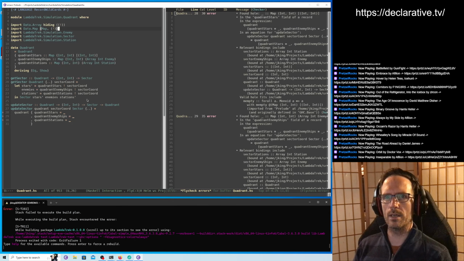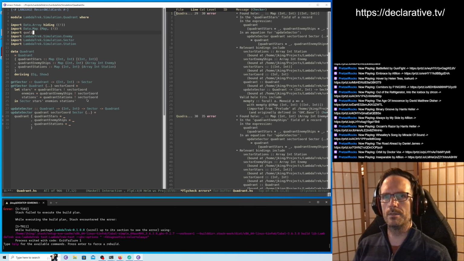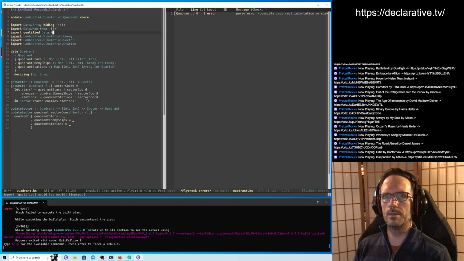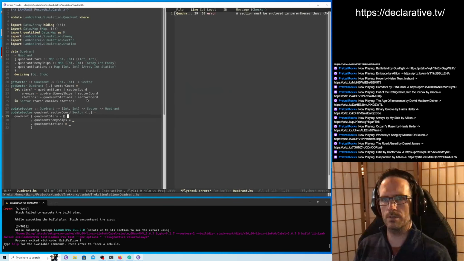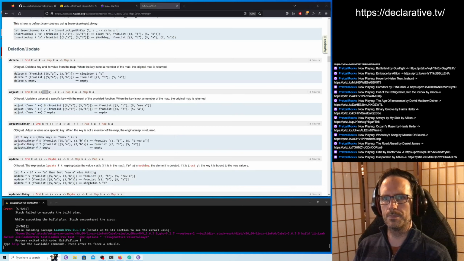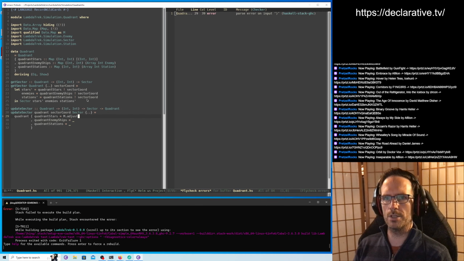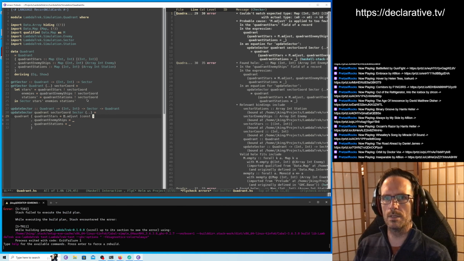So we're going to import that qualified, import it as M. It will be M.adjust, and that gives the function, which will just be const sector stars